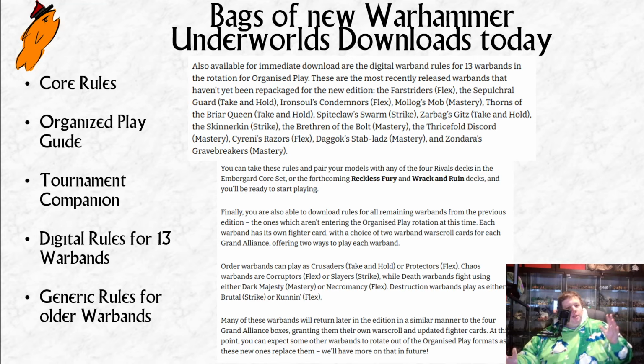So, you could take these rules and pair your models with any of the 4 Rivals decks in the Emberguard core set, or the forthcoming Reckless Fury and Rack and Ruin decks, and you'll be ready to start playing. So, Emberguard released on Saturday. I still don't have, I think, was it Saturday, or is it next Saturday? It went on pre-order recently. I think it's releasing next Saturday. And they still haven't put up for pre-order